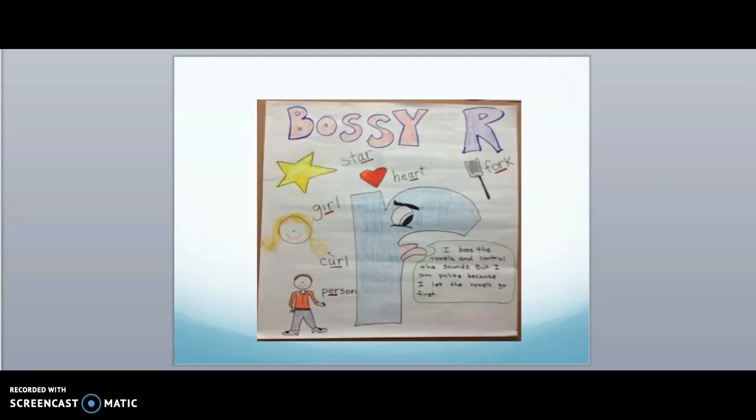Today, we're going to learn about R controlled vowels. Another way we can say R controlled vowels is the Bossy R. Boys and girls, when there is a vowel next to the R, we say the R is bossy because it controls the vowel, and the vowel can't say its name and it can't say its sound. It kind of sounds like it's angry, and it sounds like